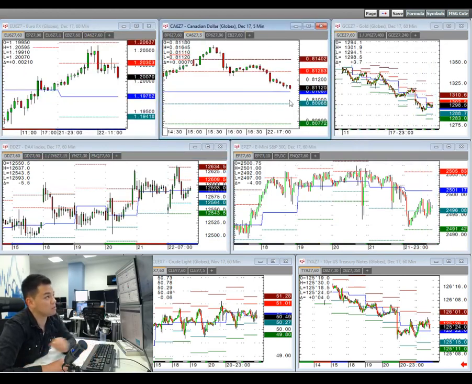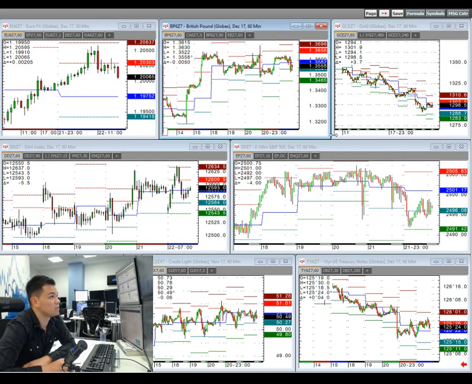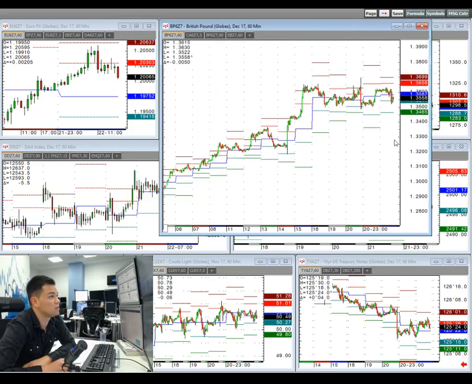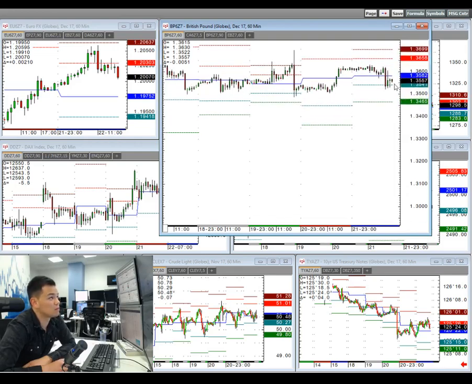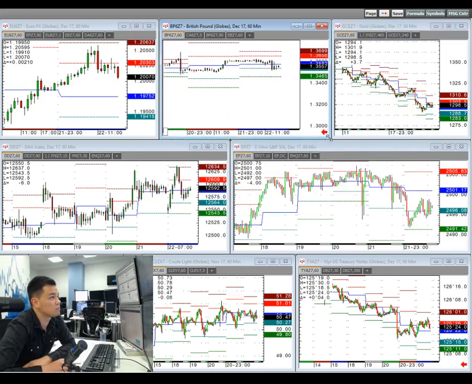So you can see a similar pattern for the pound for the week. Just bring up the pound chart here. Pretty quiet week, Monday, Tuesday, start of the week. And then dollar strength, pushing the major currency pairs to the downside. Not much happening yesterday for the pound, and then this down move following Theresa May's speech today, which I just mentioned a few minutes ago.